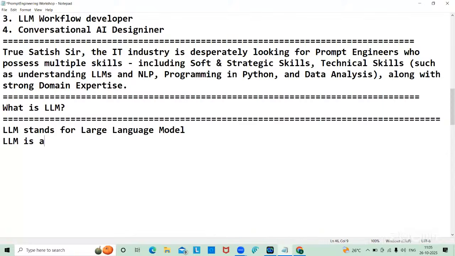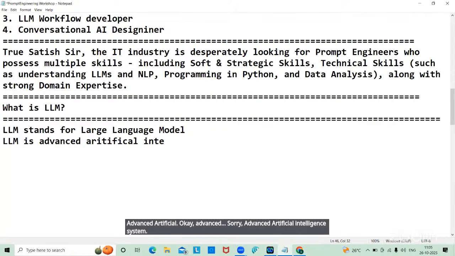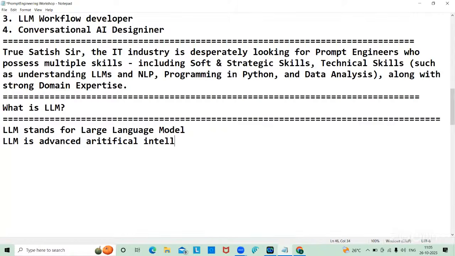LLM is an advanced artificial intelligence system